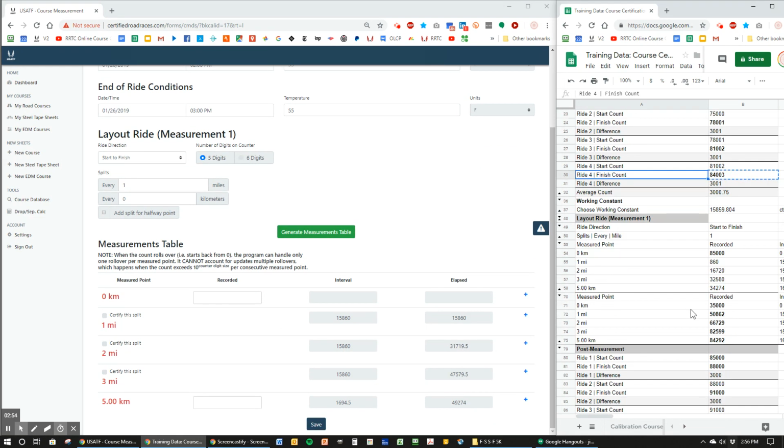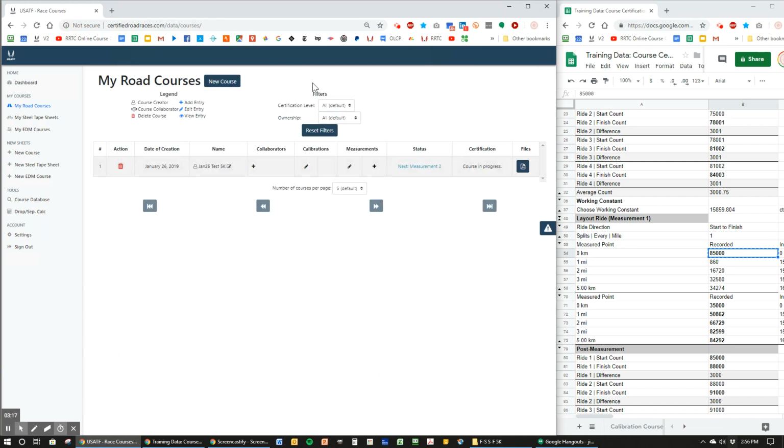Over here, I have my measurements already set out. My start count is 85,000. So that, accounting for the rollover of the counter, gives me a total count of 34,274, or a total of 49,274 counts for the layout of the 5K course. So I'll save that. Again, that brings me back to the My Road Courses table. Shows me that the status is the next measurement. However, I can go back and review the 2 previous measurements that I've had, but I'll click the plus sign